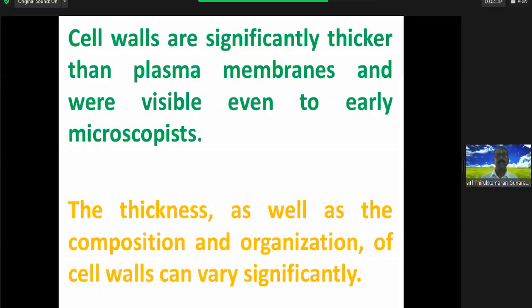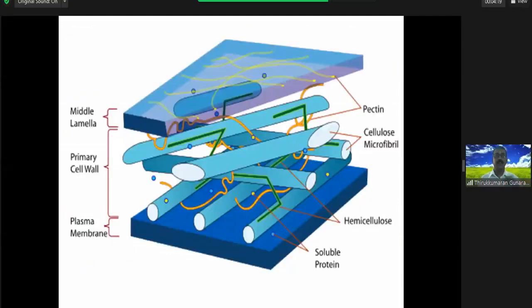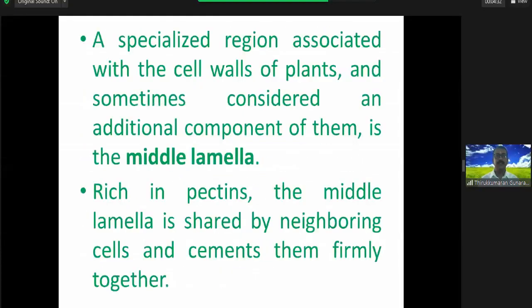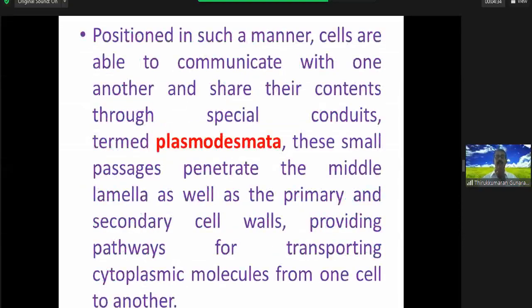They are thicker than the plasma membrane. You will study animal cells later. Yes, there is a plasma membrane, but this is thicker, and you can see that's the primary wall, with pectin and cellulose microfibrils. Last class we drew the middle lamella, primary wall, secondary and tertiary layers. Then the plasmodesmata, which function as the